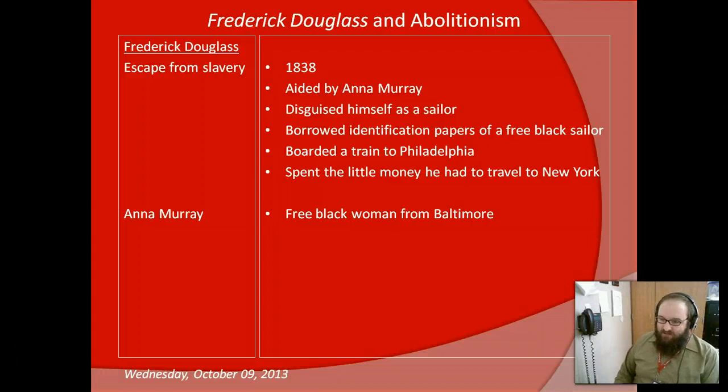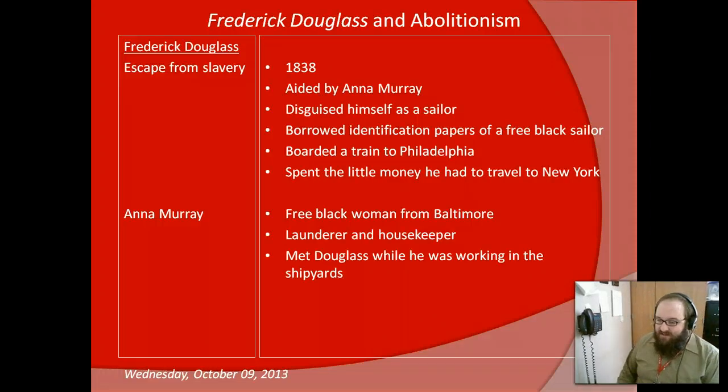So he doesn't mention much of her until the very end of the book, when he's already escaped to relative safety. Anna Murray was a free black woman from Baltimore. She worked as a launderer and housekeeper, and Douglass met her while he was working in the shipyards, if you recall that, toward, I think, chapter 9, when he was working in the shipyards as a caulker,